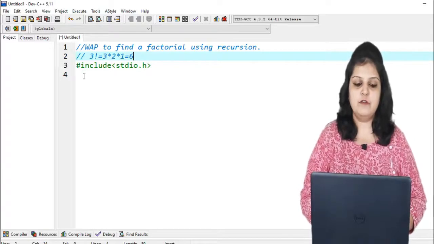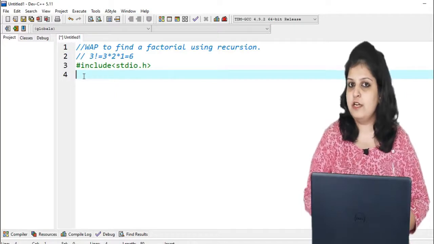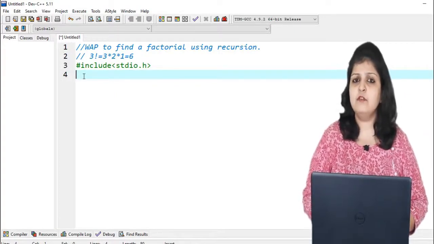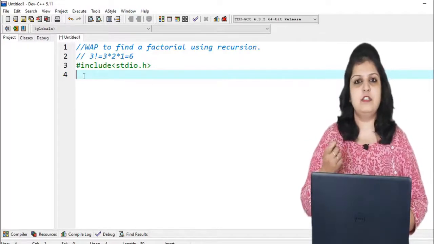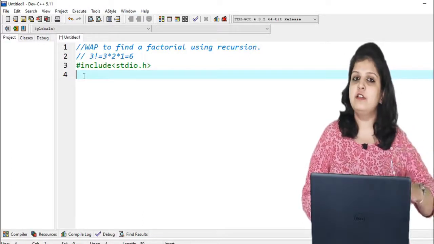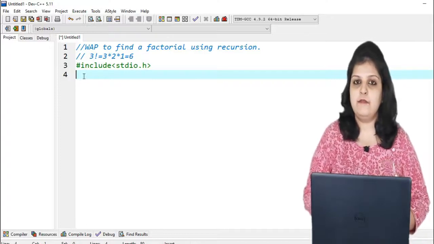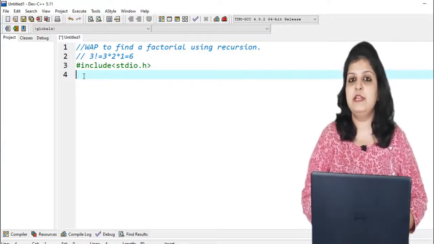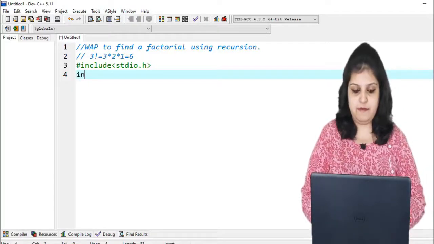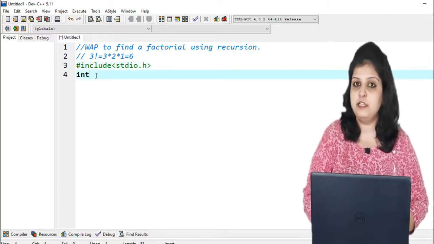Now when you want to use the recursion concept, we compulsorily have to use a user defined function, right? So first of all, declare our function. In the previous program we just used one printf statement that printed hi and bye, so the answer was not returned. But here in factorial we get the answer as a numerical value, so a return type is also needed. I am writing the return type as integer, because my factorial answer will be an integer.